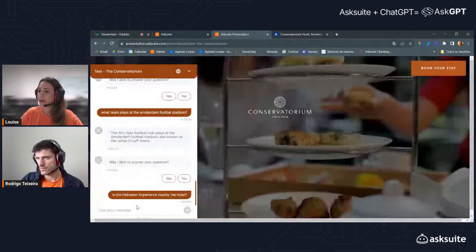Is the hotel anywhere near the Van Gogh Museum? And then, sorry, can you make any comments, Rodrigo? Yeah, your screen is frozen right now. Oh, really? Let me try to update that again.